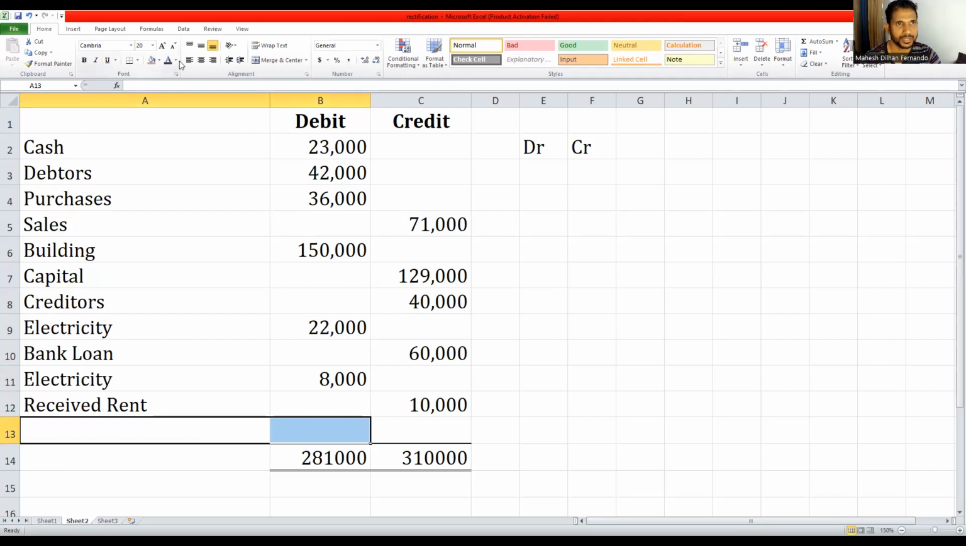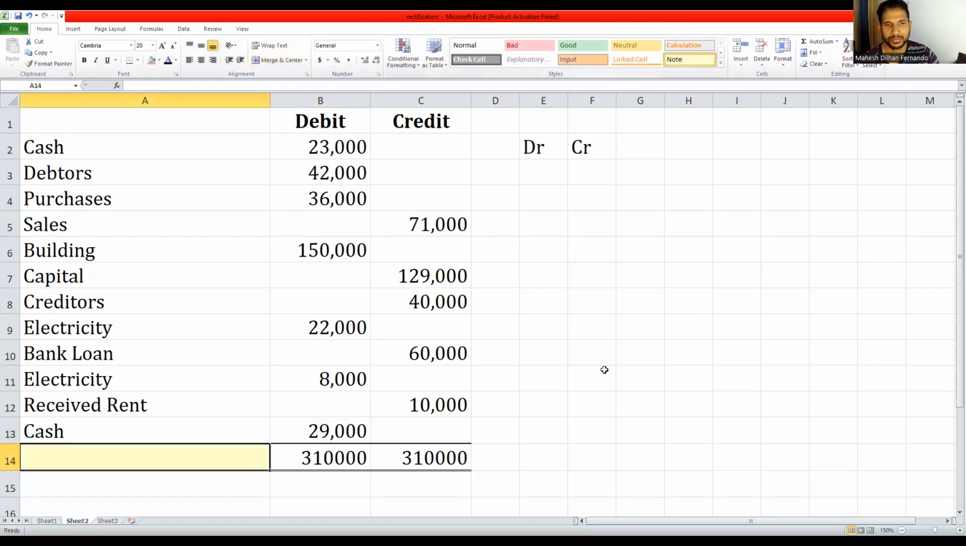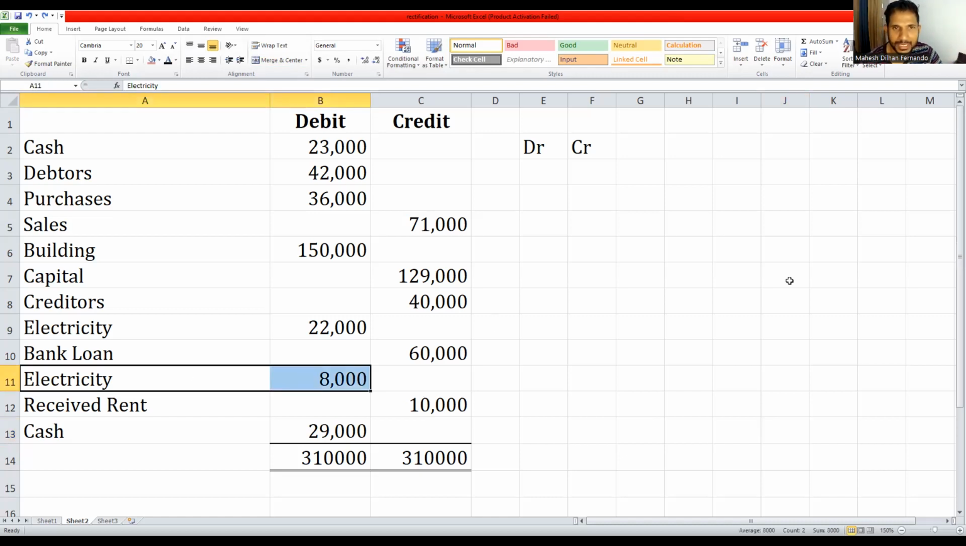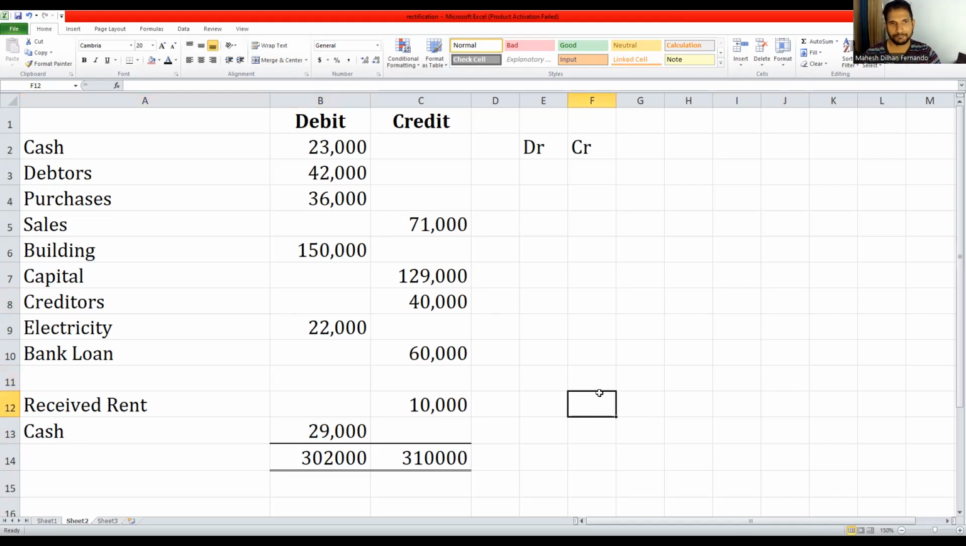Right? Let's say this is cash, let's say 29,000. Now the trial balance agrees. But if I have not recorded the electricity account, the trial balance does not agree. Now this is not the error. The error is this: I have not recorded the electricity account in the trial balance. See. Now once again the trial balance disagrees, but I can't find what it is. Then what should I do? I have to open the